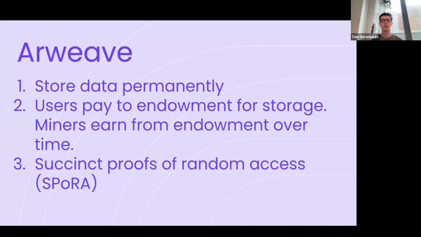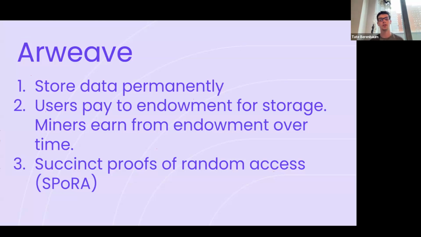You don't want the endowment to just drain itself for the first person that proves they're actually storing data on Arweave. So Arweave came up with this mechanism called Spora, which stands for Succinct Proof of Random Access, that essentially requires proofs, but it doesn't require that everyone actually have to provide the proof. It just creates an incentive for people to provide these proofs that they're storing the current block and one of the previous blocks at a given time.